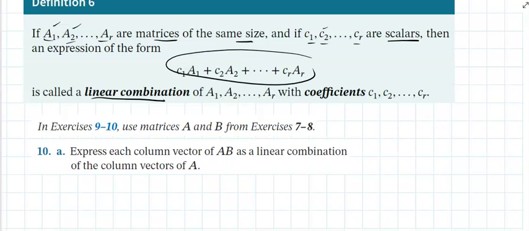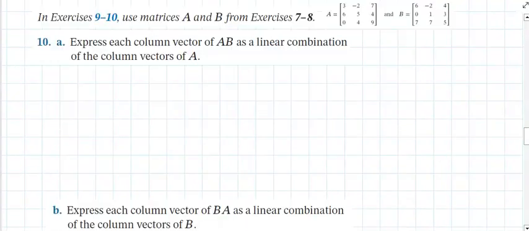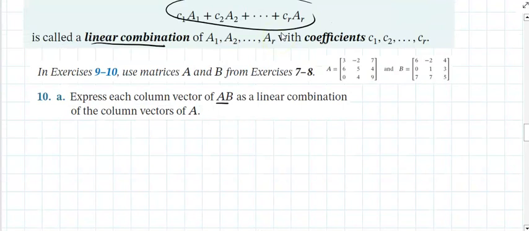It says use matrices A and B from exercises 7 and 8. Let me get those. Okay, I did get them. Express each column of the product AB as a linear combination of the columns of A. The columns of A are